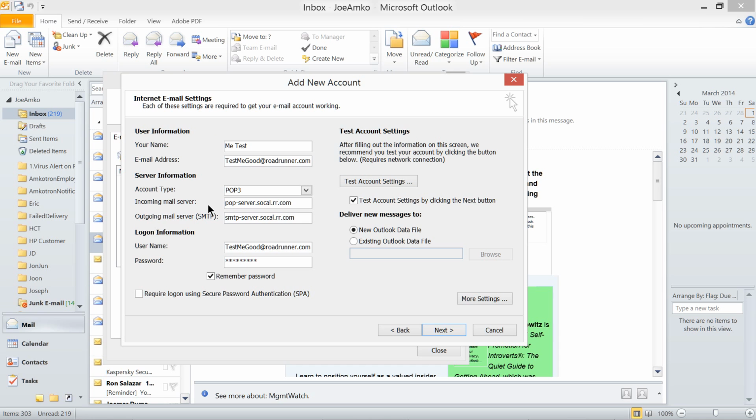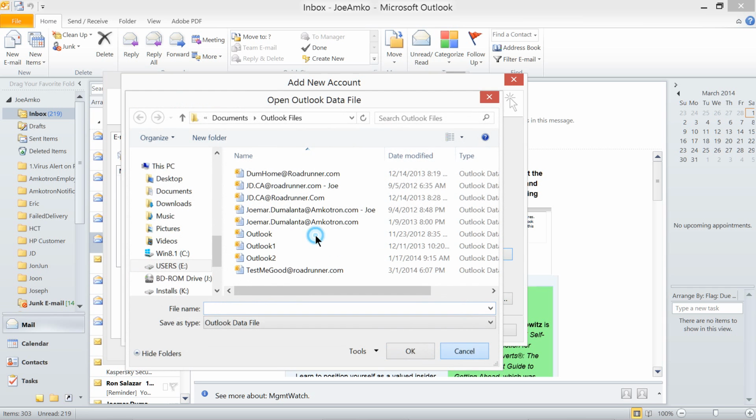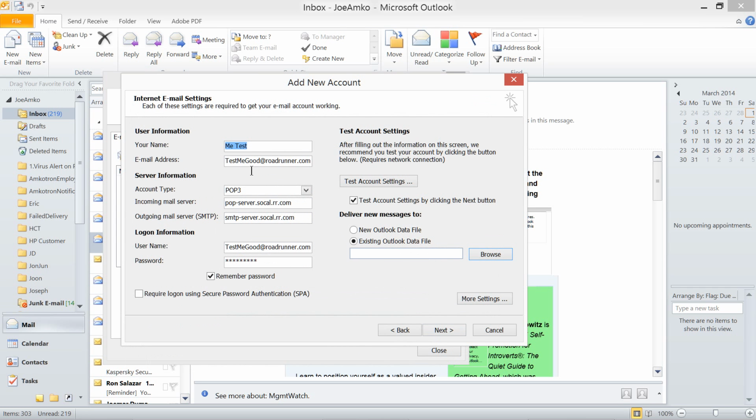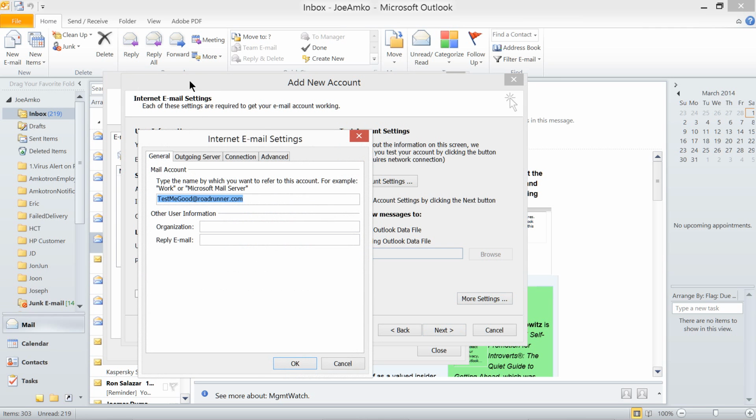Right there. I would like to show you some further instruction on how to set up an email account in Outlook 2010. You can use new account file data, or if you have already a PST file running and you have emails there, you can click this one and then just browse. Now, for the sake of testing, let's just create a new Outlook file data. And then furthermore, before clicking next, go for more settings.